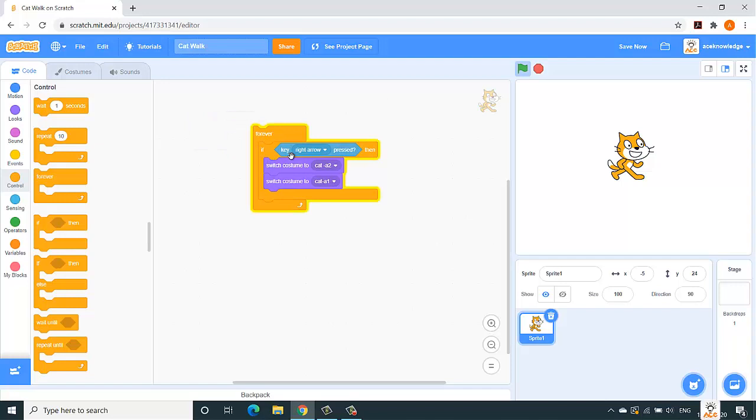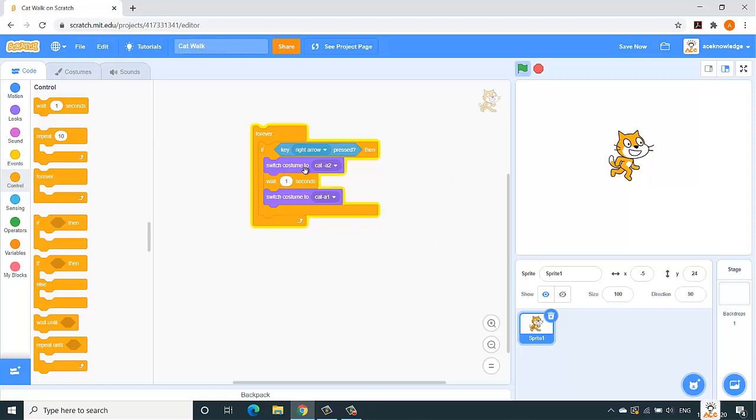Fine, and if I click the right arrow, still I am not able to see any movement in my cat. That means between these two costumes I need to give some delay or wait time, so that I can see the difference. So let's take the wait block and let us check now.